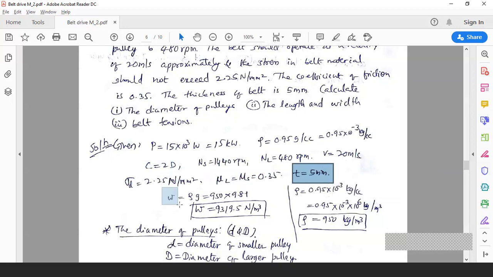T, the thickness of the belt, is 5 mm. Specific weight, or weight density, we have to calculate here. That is the product of rho and g, mass density multiplied by acceleration due to gravity. Here 0.95 multiplied by 10 raised to minus 3 is kg per cc. Cubic centimeter is to be converted into meter cube, so we multiply by 10 raised to 6. Therefore the value of rho is 950 kg per meter cube after simplification. This is the specific weight, rho into g, 950 multiplied by,